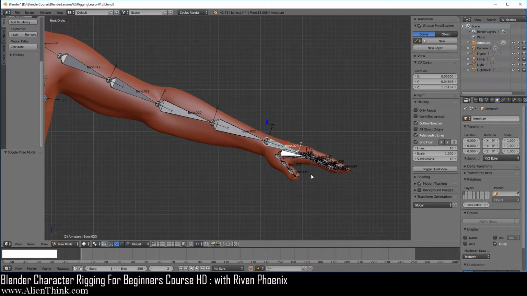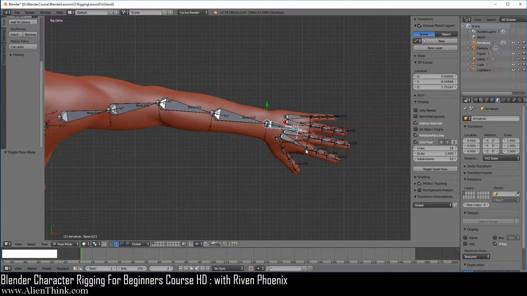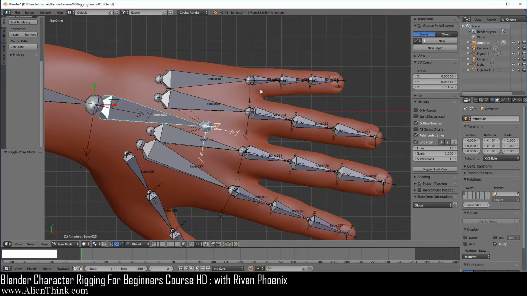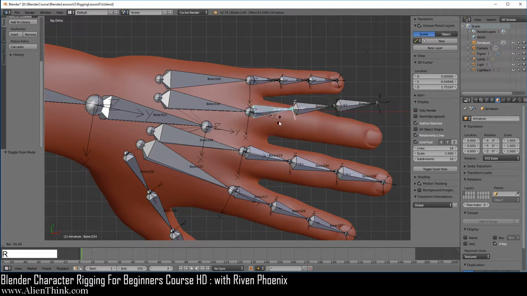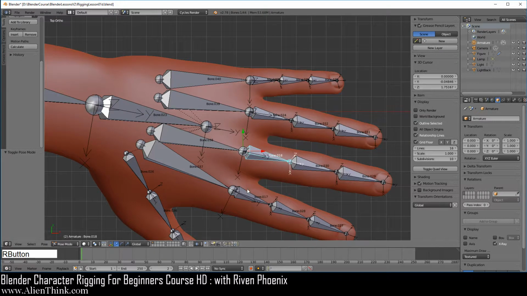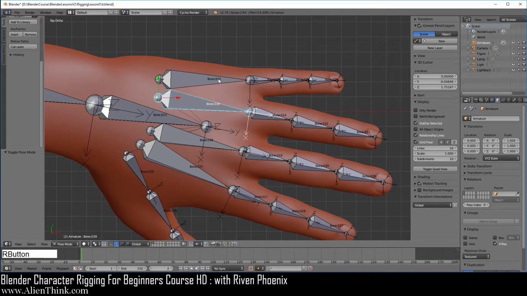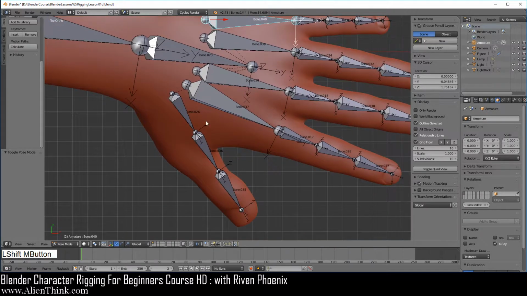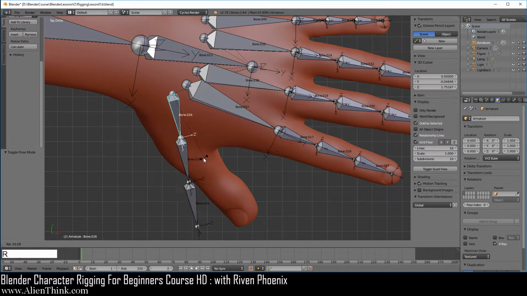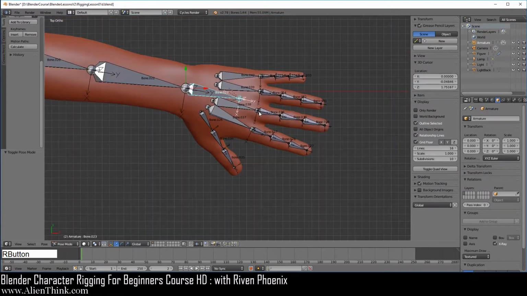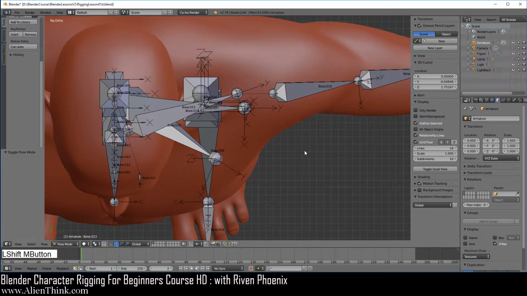So now go to your top view by pressing the 7 key, press the period key to home in on the hand. So what you want to do is make sure that when you click on this bone over here, press the R key, that it rotates over here. And of course, these are the palm bones. We're just checking all the connections over here. And now, of course, this, press the R key, that works. And if we click on the hand, everything should be moving the way it should. So that's good. Go to the front view.